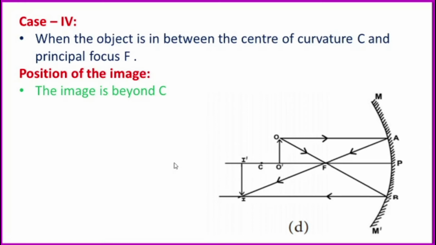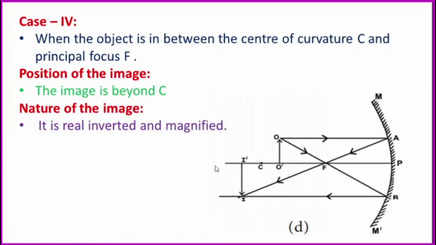Okay. So what are the rules here? A ray is parallel. So incident ray parallel to the principal axis means after reflection, it passes through the focus. Then second ray, a ray passes through the focus. After reflection, it is parallel to the principal axis. Principal axis ku parallel இருக்கும். But the two reflected rays meet at a point. இங்க தான் meet ஆகுது. So you compare O dash, then I dash. So the image is beyond C. So இங்க தான் நம்மளுக்கு கிடைக்க போகுது.